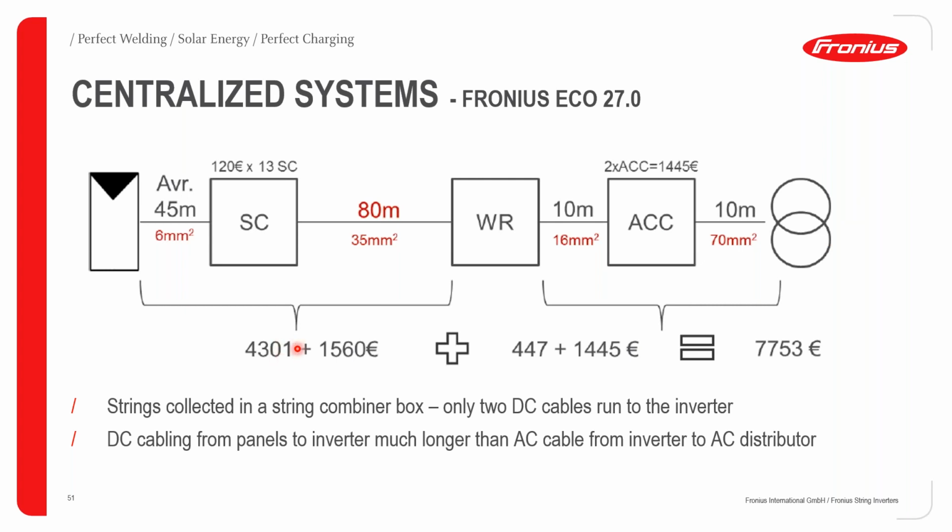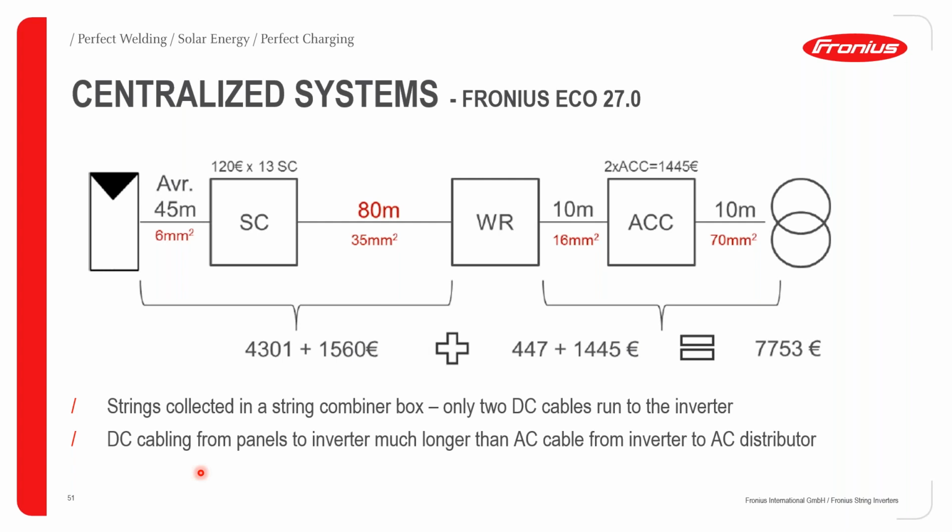So putting all this cost together on the DC side, this particular example was costing about 4,301 euros plus 1,560. Then when we add the cost elements on the AC side, which is 447 plus 1,445, the total cost as far as the balance of system components are concerned for this particular project example was 7,753 euros. So what we can note here, of course, as mentioned, is that the strings are collected in a